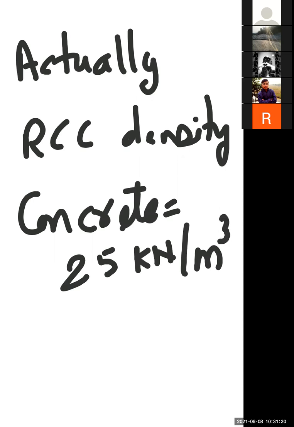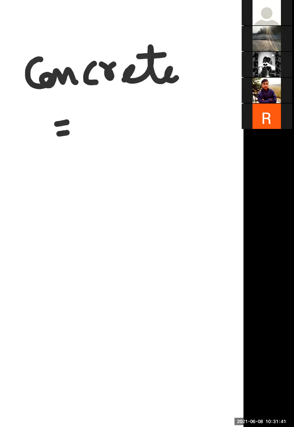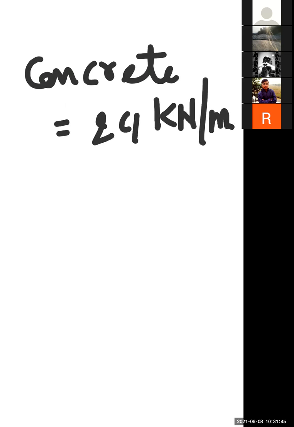And in case of pre-stress concrete, PSC, density of concrete is 24 kilonewton per meter cube, right? Then